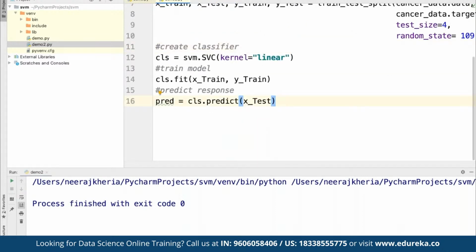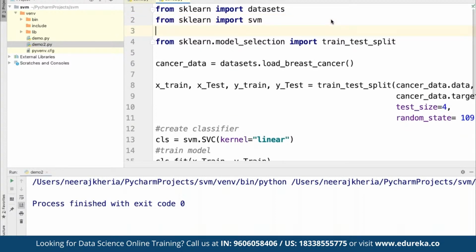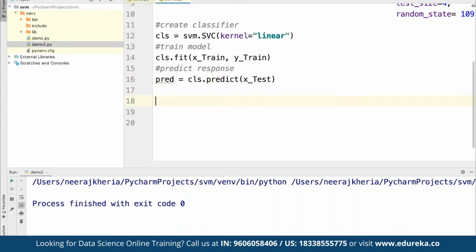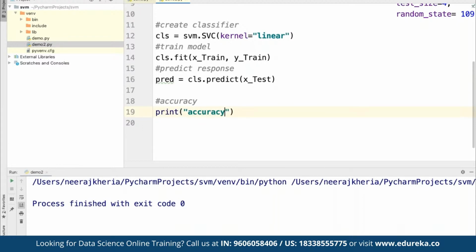Now we are going to evaluate the model. From sklearn, we can also import other components as well. From sklearn, we are also going to import metrics. By using metrics, for getting the accuracy, we are simply going to print the accuracy of the prediction here.